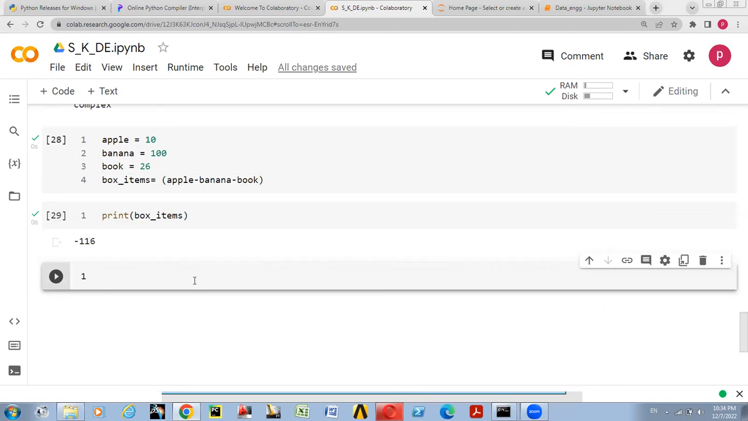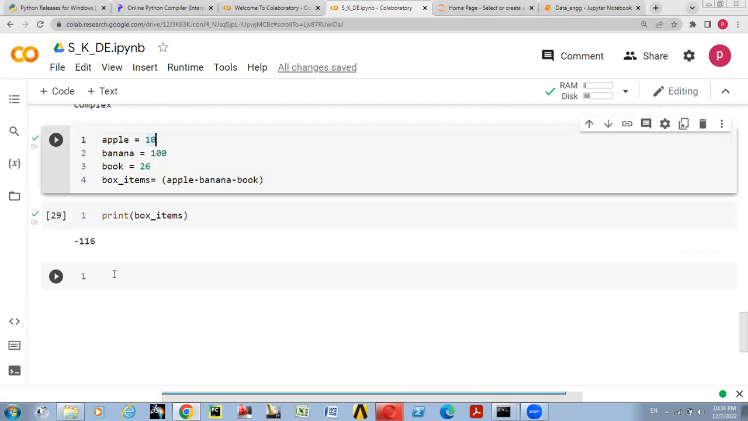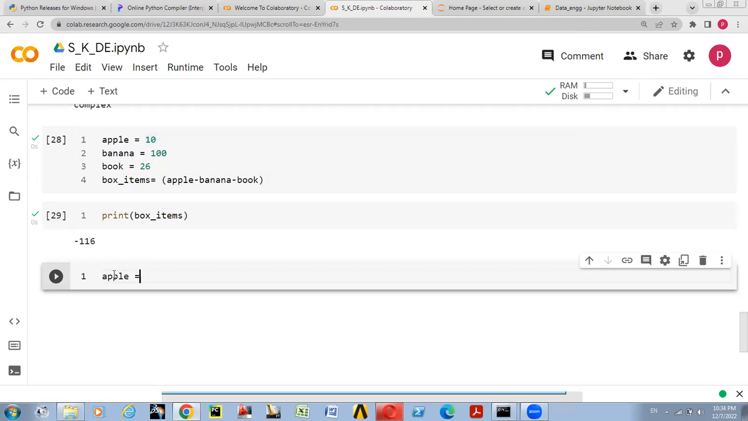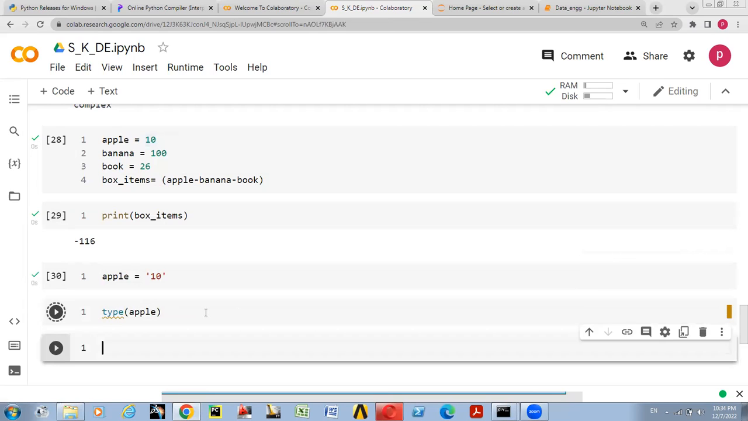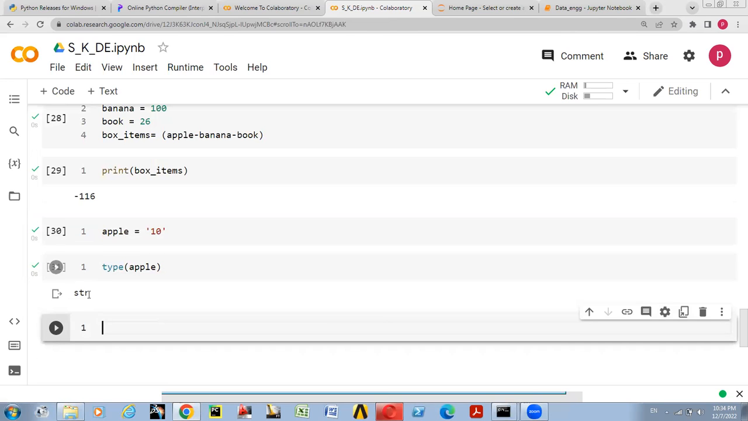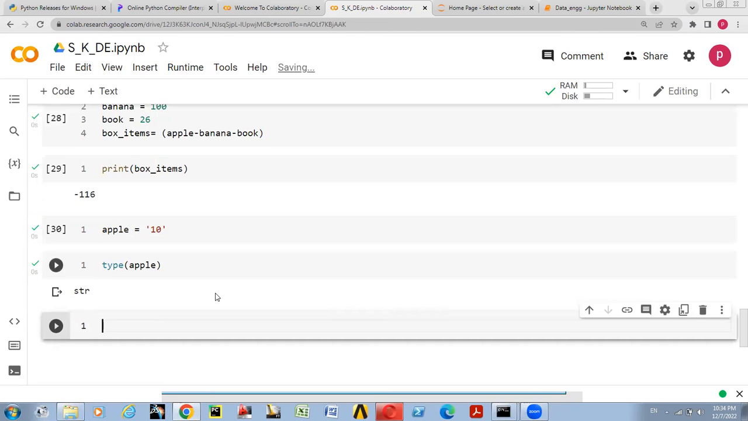And yes, this is apple, and we are using 10. Okay. It will be taking a string. So this will give you a string. Okay, now